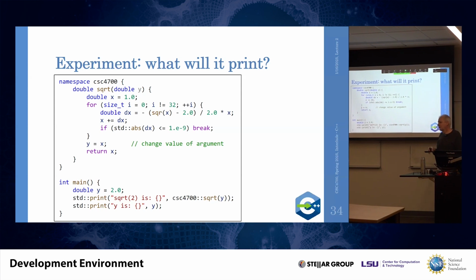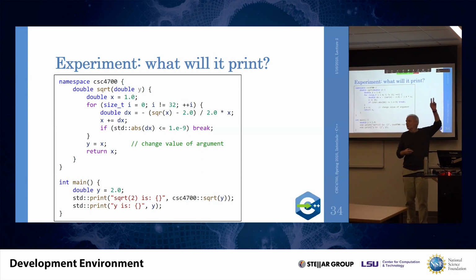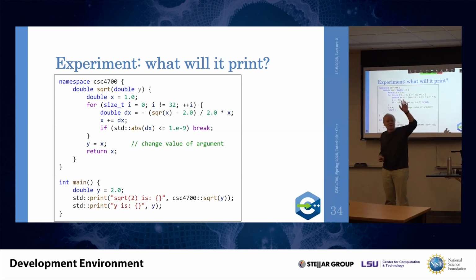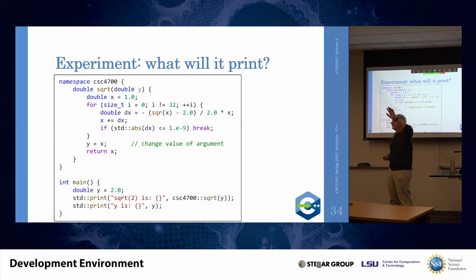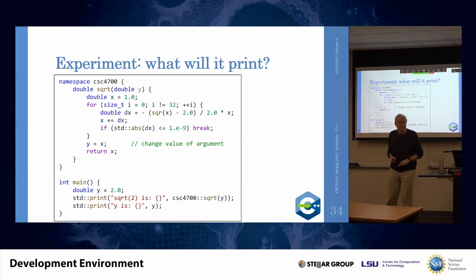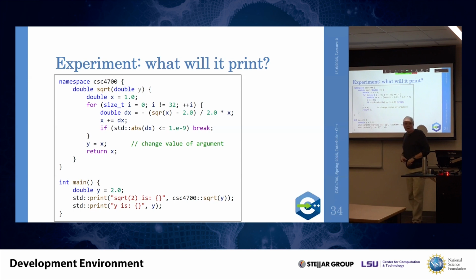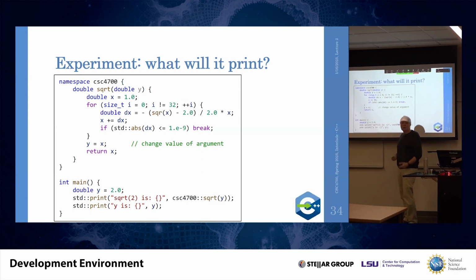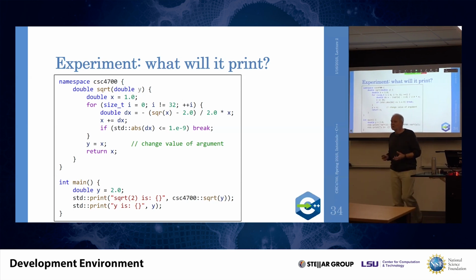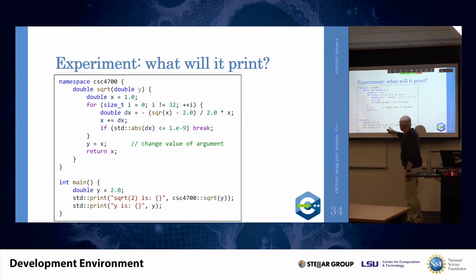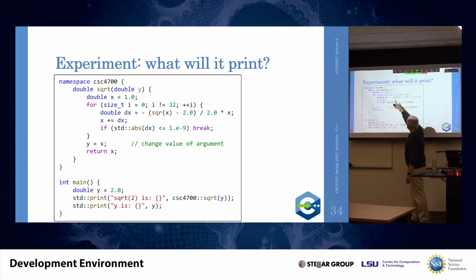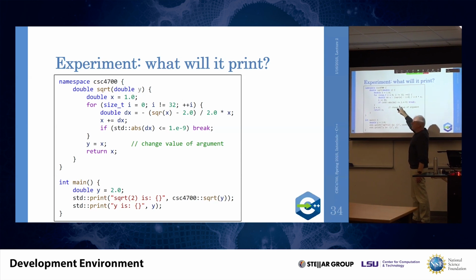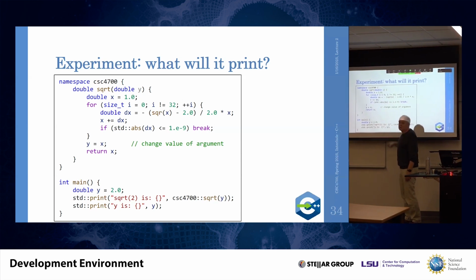I know you know the answer, so you don't have to say anything. And here, I mean, we have 2. Who is in favor of 2? Okay, at least some. It's 2. Why is it 2? Because C++ is a language that loves doing copies. And it always invokes functions using value semantics. All arguments are being passed by value. And that means that the value of y here will be copied into a new variable y there. And when you change that variable, obviously the original variable doesn't change.